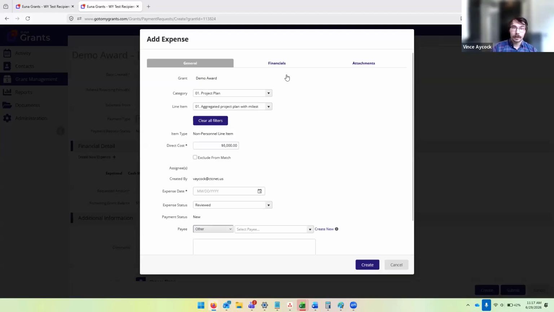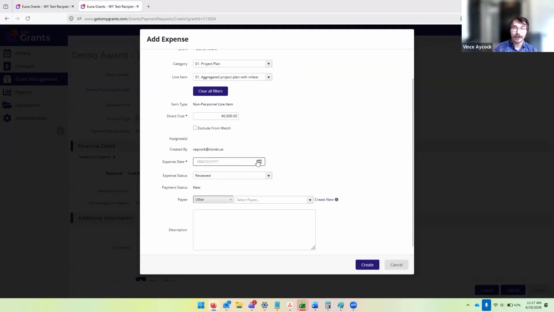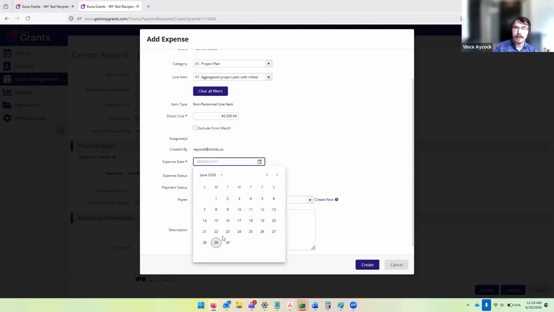The next thing, we're going to come back to this number in just a moment. The next thing is the expense date, which is also extremely important. If you set the payment request expenses from and to the entire award, there should be no problem here. Just set the expense date to the day you're entering it.